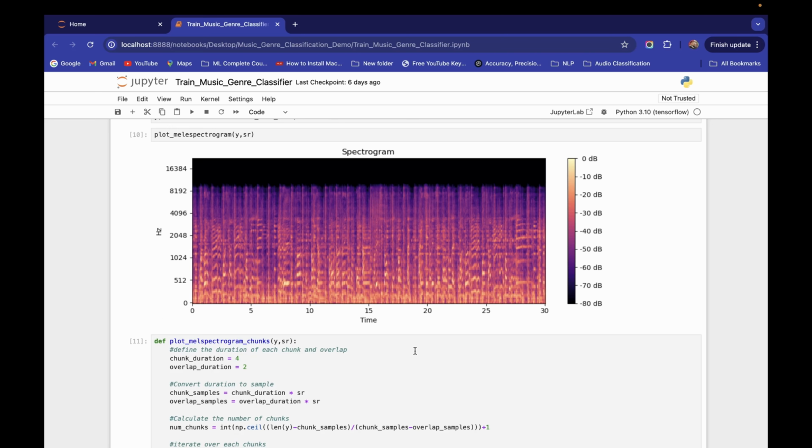Now what we will do in this video, we will develop one data pre-processing function, a load and pre-process data function, which will take this entire data set. Right now we are only processing one file. So we will develop a function which will take this entire data set, this genre original directory, and compute the MEL spectrogram of all the audio present inside this, all 10 class audio.